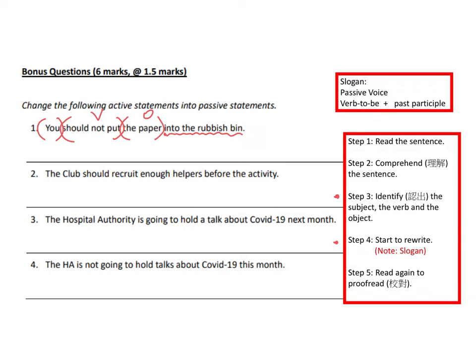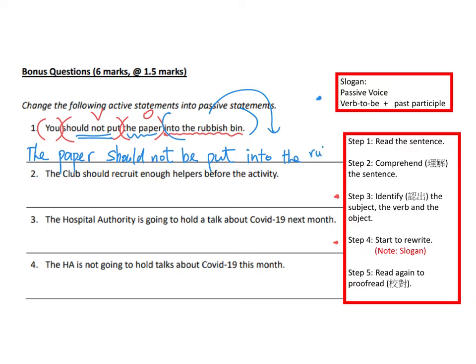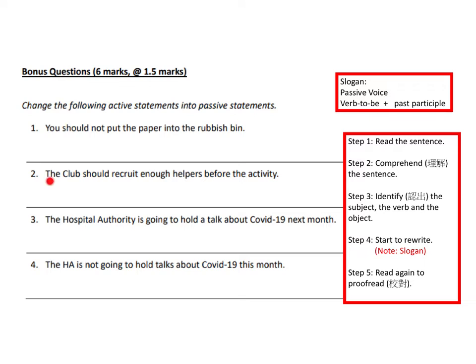Step 4 又寫到個 verb should not put,verb to be 再加 past participle,should not put 變成 should not be put。呢句亦可以寫成 The paper should not be put by you into the rubbish bin,也可以㗎。意思係嗰啲紙唔應該被你放去個垃圾桶入邊。